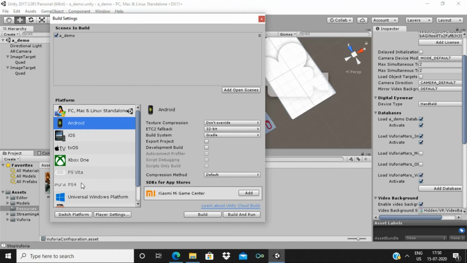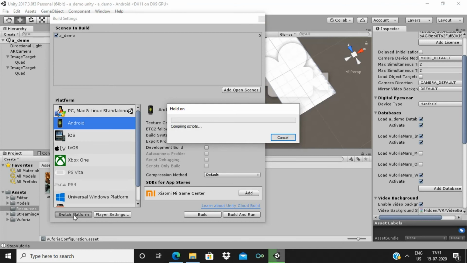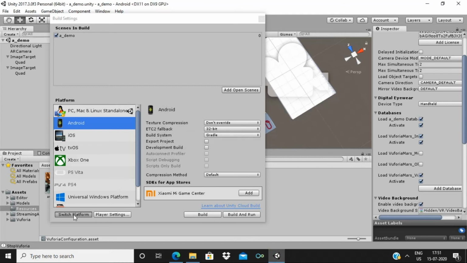So after clicking Android, click on switch platform here. It is going to recompile all assets so that they will work on an Android platform. It takes a couple of minutes.